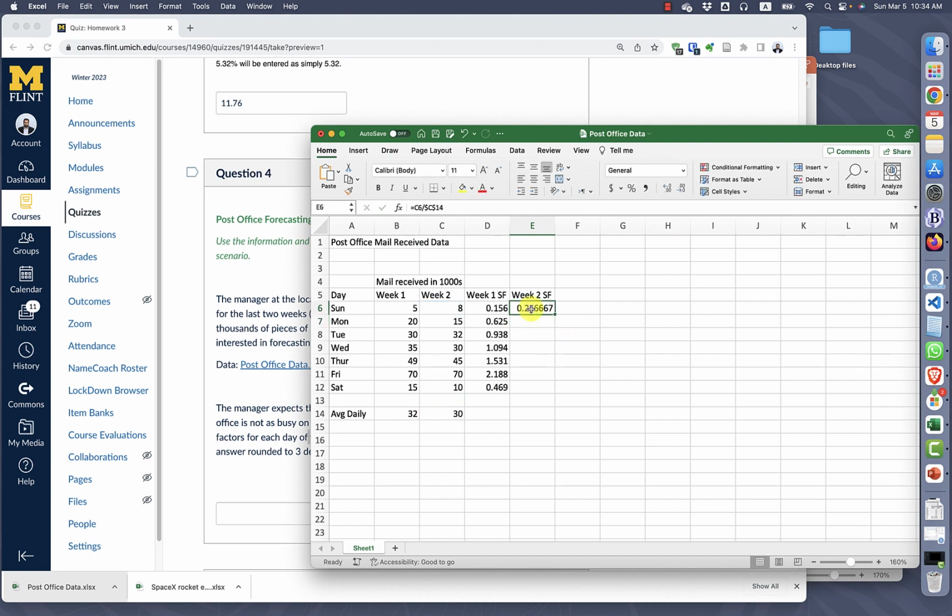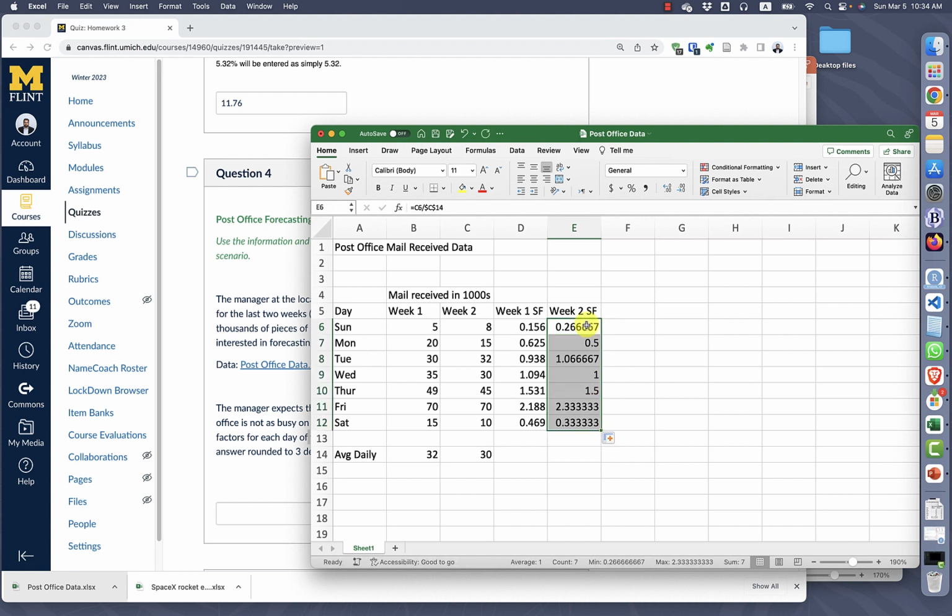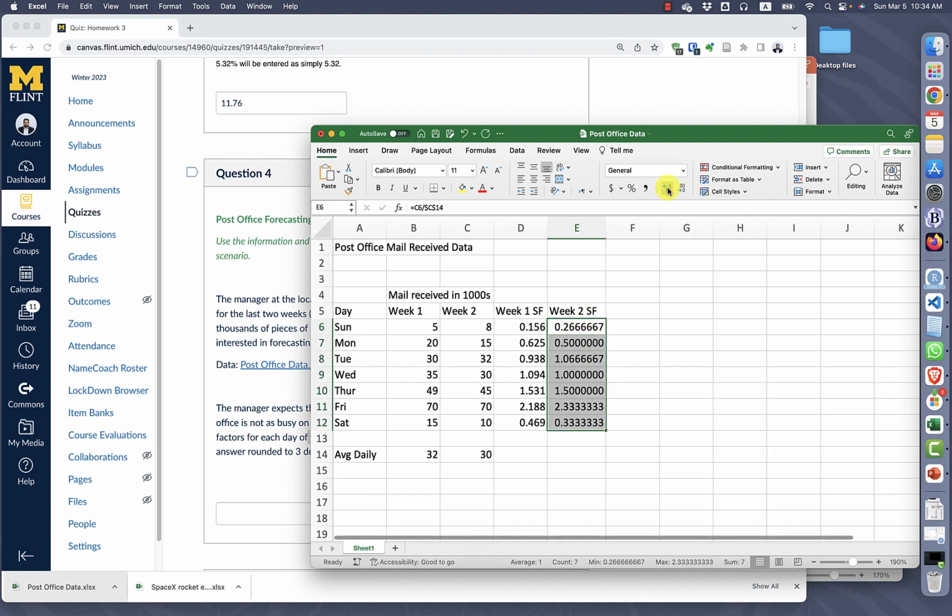Okay, and notice that week 2 is saying a Sunday looks like 26% of an average day, whereas week 1 is saying a Sunday looks like 15% or 16% of an average day. They're both estimates, and they both can have errors, so we'll average across them to reduce the error. So we get the seasonal factors for week 2, and